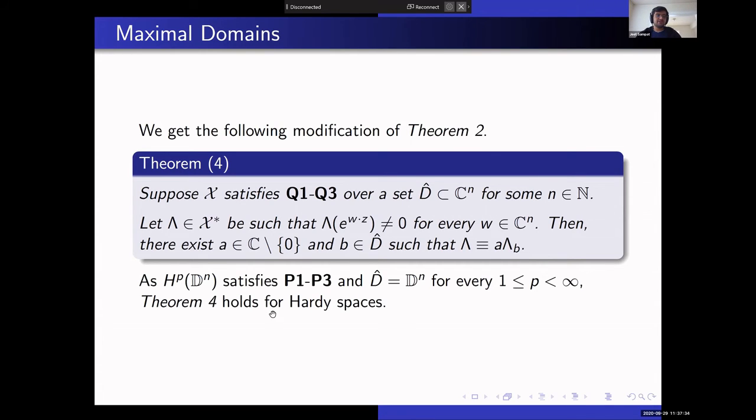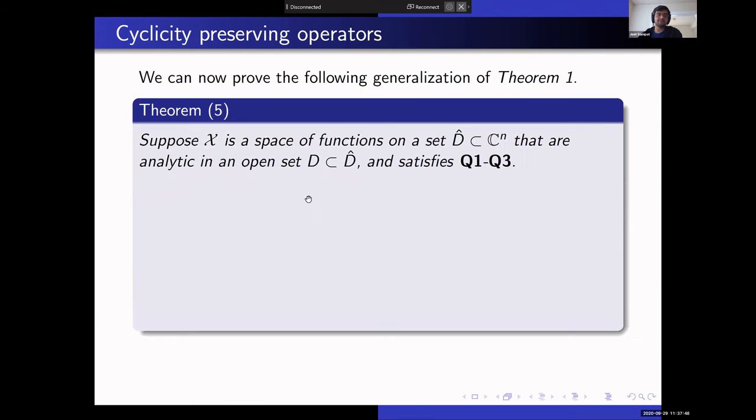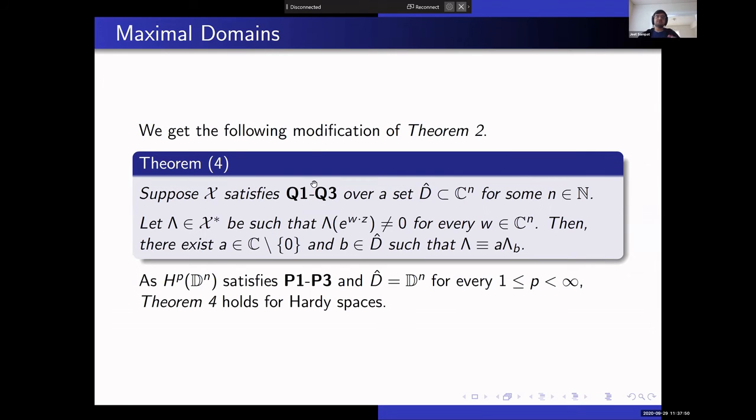So note that since the Hardy space satisfies P1 to P3 and the maximal domain is itself, it most certainly satisfies Q1 to Q3 over D hat. And that's why theorem 4 holds for the Hardy space. Okay. So this was the basic setup. You might think that I haven't yet talked about cyclicity or anything,